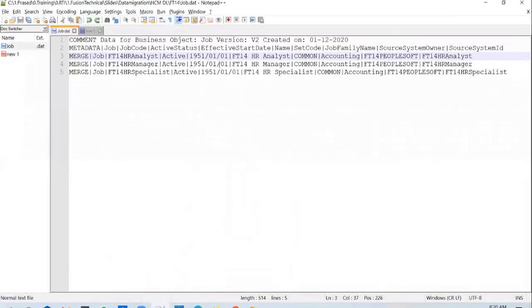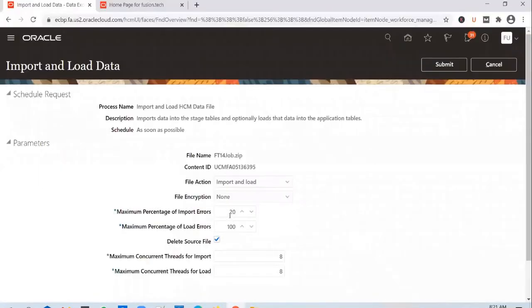And then you can correct the error that you have, probably the date format or the active or inactive state or whatever it could be, and then you can reload the same file in. So this is just given in case you want to validate the file format. With the help of these parameters, you can control when the processing of the file should stop. These are basically the thresholds that you are mentioning there. Okay, so go with the default value and click on submit.